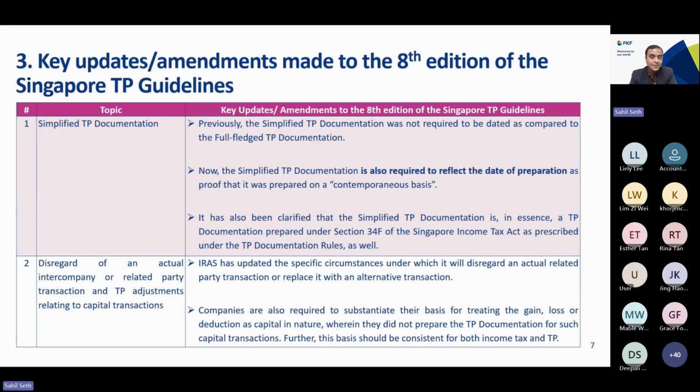Listed down that if there are transactions only involving capital nature related assets or any business transactions, they will not be required to be subject to any TP provisions. However, companies are required to substantiate their basis for treating the capital gain or the loss or any other deduction. That is why they are saying that they are purely capital in nature and not operating in nature. And the position has to be consistent with both the tax return as well as the